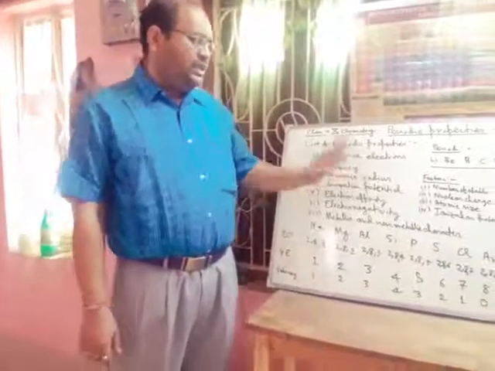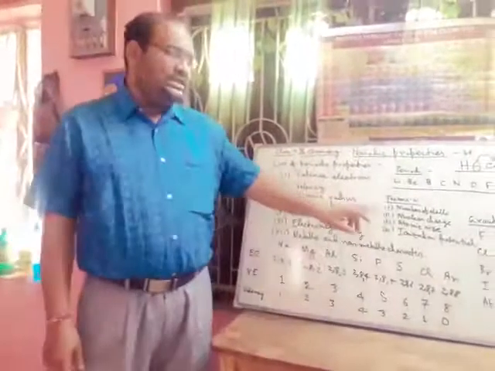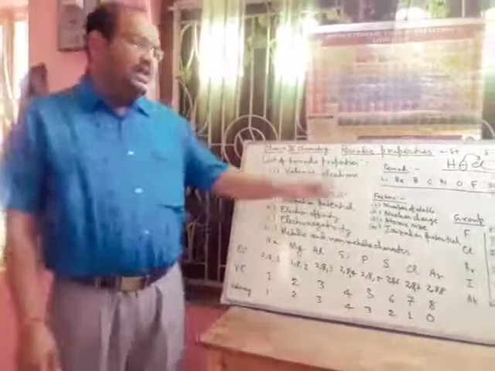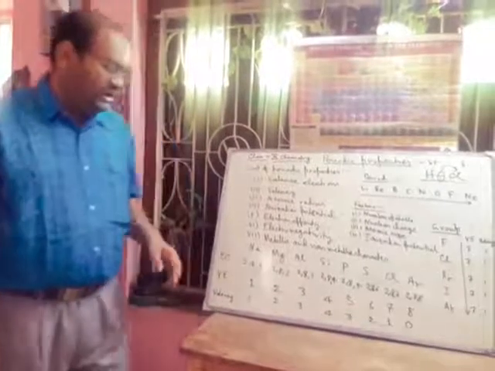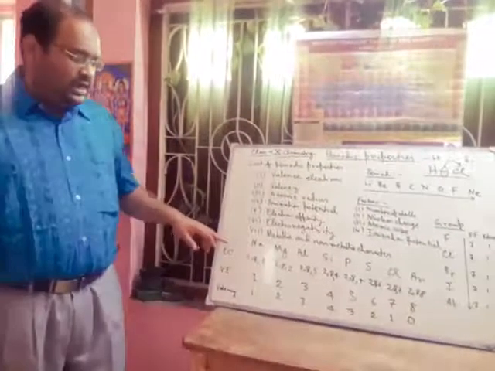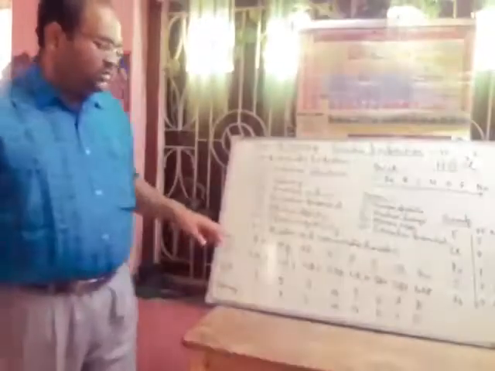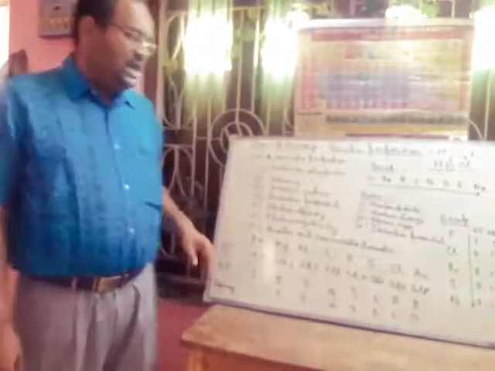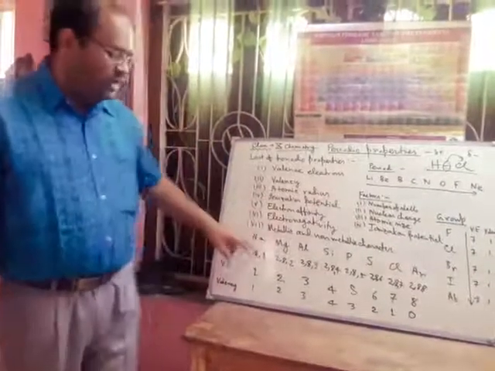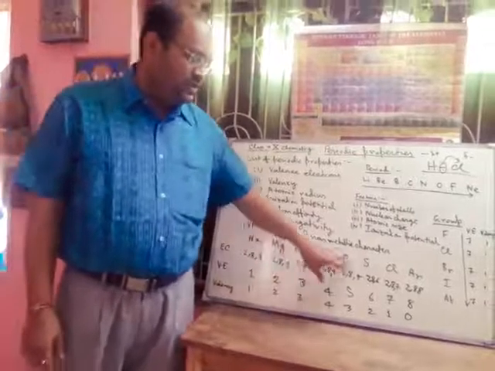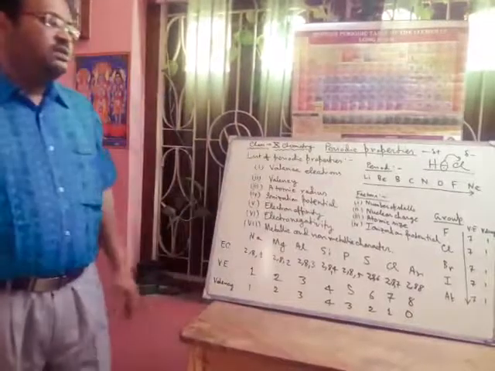Now ionization potential also depends on two factors. One is nuclear charge and another is atomic size. If we increase the nuclear charge, that means the number of protons, then ionization potential will increase. So in a period, whenever we are going from left to right, nuclear charge increases as well as ionization potential. From sodium to magnesium to aluminum to silicon to phosphorus to sulfur to chlorine, here ionization potential is continuously increasing.